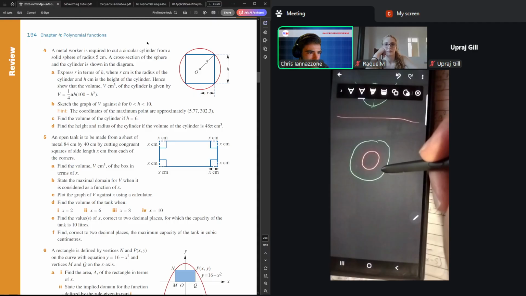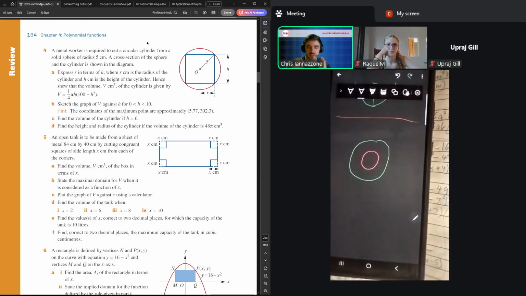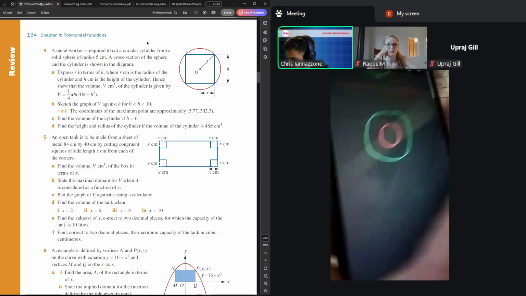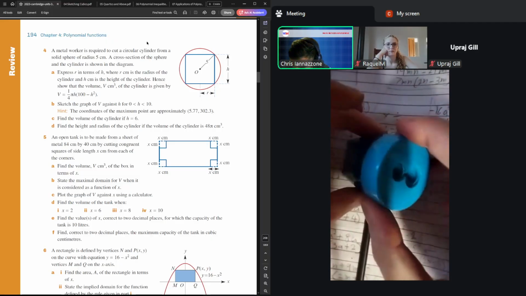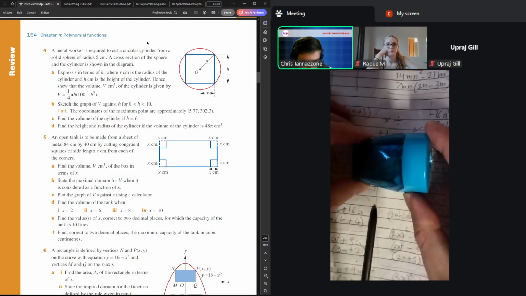I don't know about that one. The picture seems off. Why would it be a square? I mean, I can kind of imagine why, because they're trying to maximize how much they can take out of it. And if you imagine, do I have anything sphere shaped? Kind of. Yeah, like if you could imagine trying to, for instance, take as much of a cylinder out of